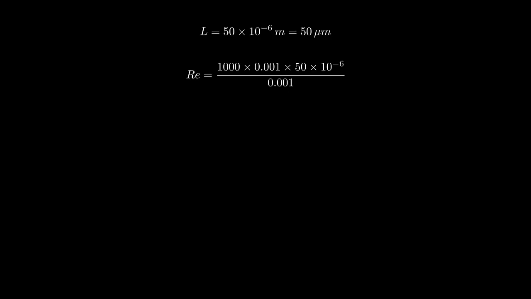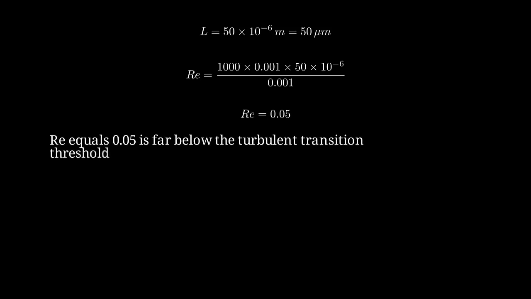Substituting into the Reynolds number formula, we get 1,000 times 0.001 times 50 times 10 to the minus 6 divided by 0.001. This gives us a Reynolds number of just 0.05. This is extremely low. A Reynolds number of 0.05 is thousands of times below the turbulent transition, meaning viscous forces